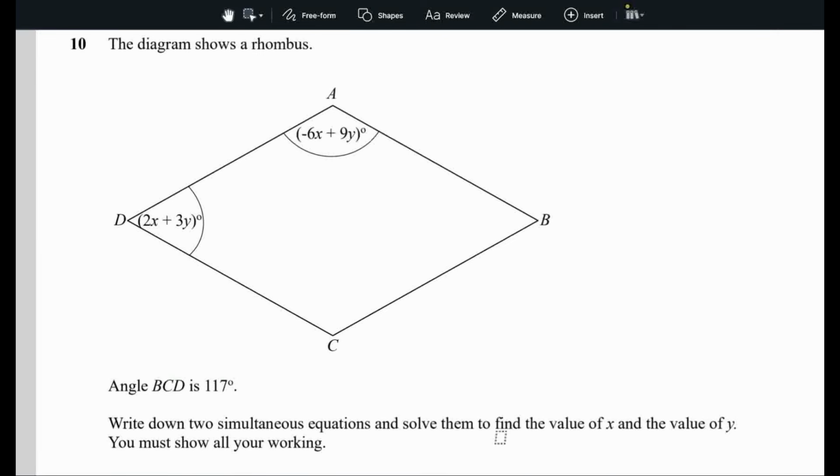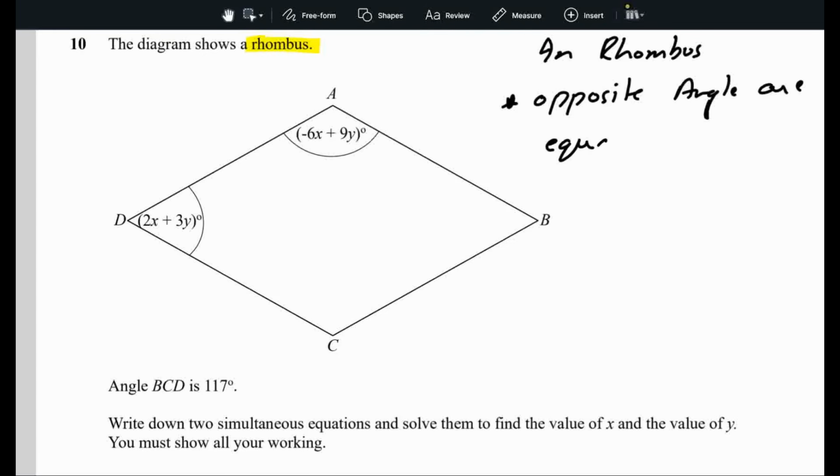The diagram shows a rhombus. So rhombus means that we know that in a rhombus we will have two things: the opposite angles are equal, and the second point is that adjacent angles sum to 180 degrees. So these two statements mean that